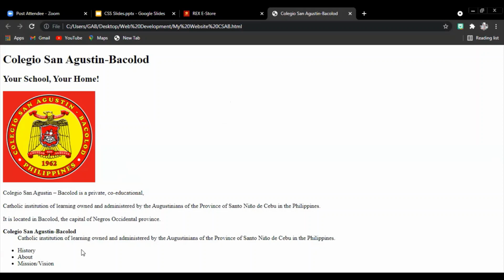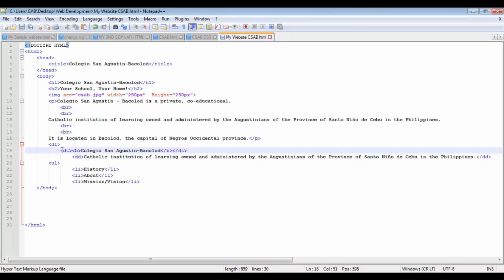Actually, the boldface and the strong are just the same. It makes the text a little bit darker to give emphasis to some text on our website. So the tag used for the boldface, just remember it's letter B. Here it is, letter B. Next,